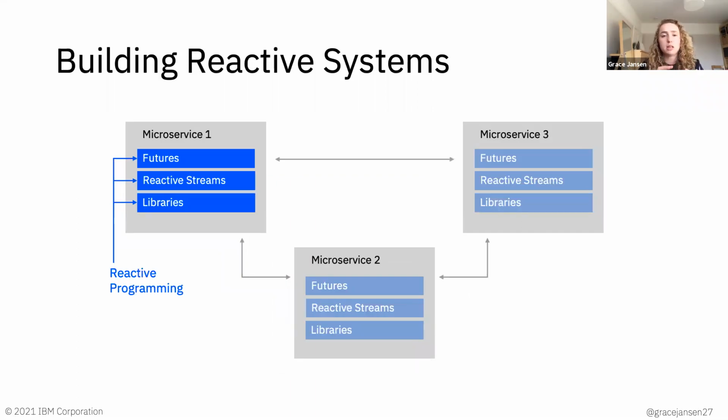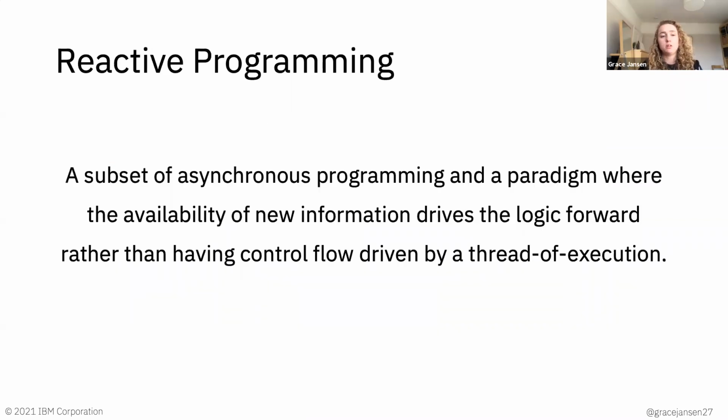Our applications nowadays are usually made up of, say, microservices or macroservices, and in order to be reactive, we need to ensure that the logic within those different services is asynchronous, non-blocking, and reactive. To do that, we can introduce the concepts of reactive programming. So what is reactive programming? I've got a brief definition here to give an overarching summary of what it means.